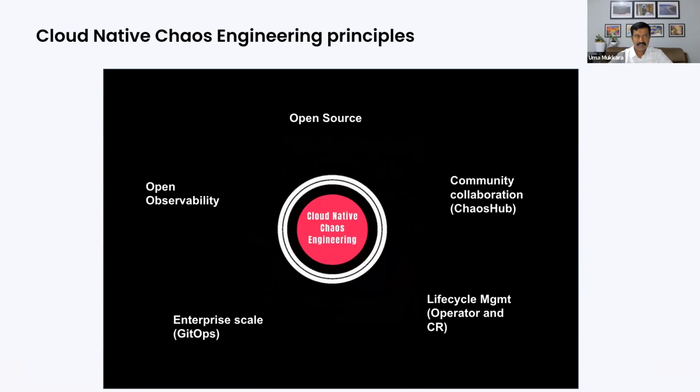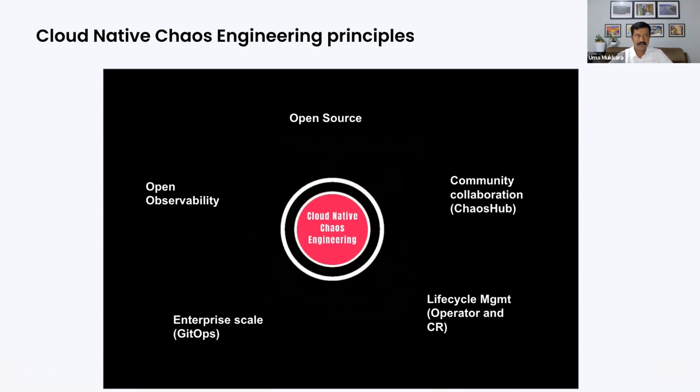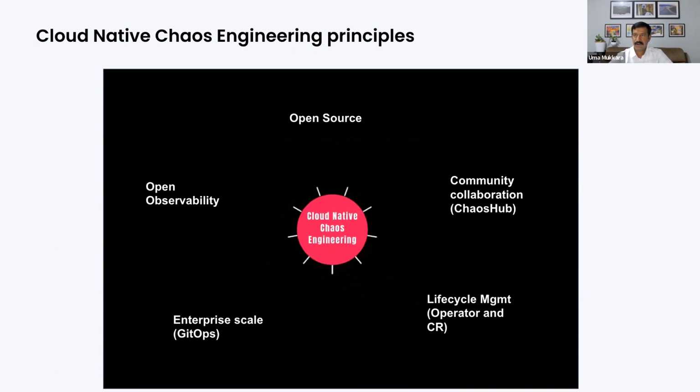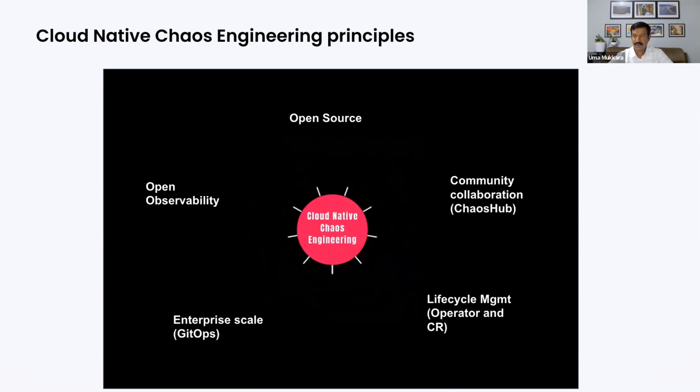And then observability is very, very important in the world of chaos. You have observability systems, you have invested in them for a reason. If something goes down, I need to be able to observe and get back into shape, right? And that's the idea of observability or monitoring systems. So chaos needs to be integrated well into that observability. So it's good to have this open source chaos system also integrated into your observability APIs. So these are some of the